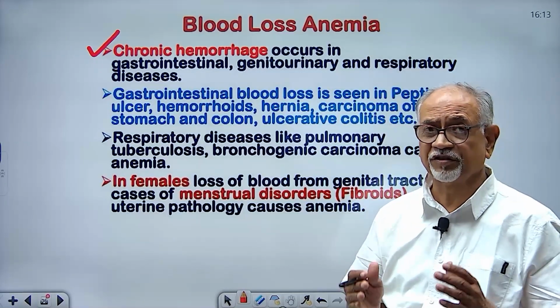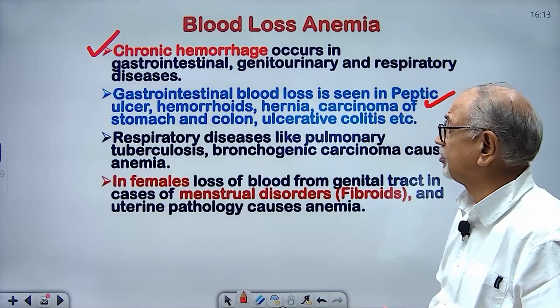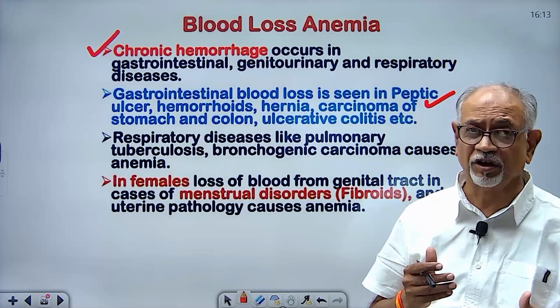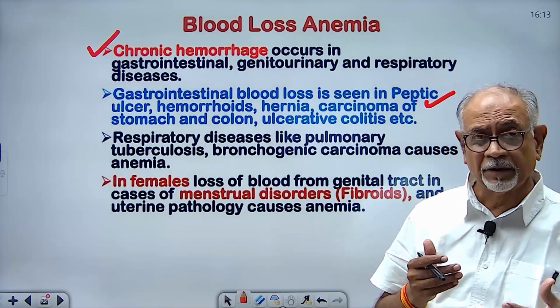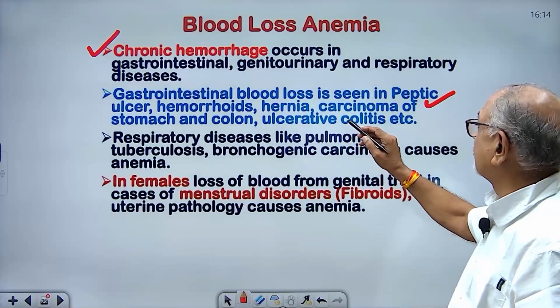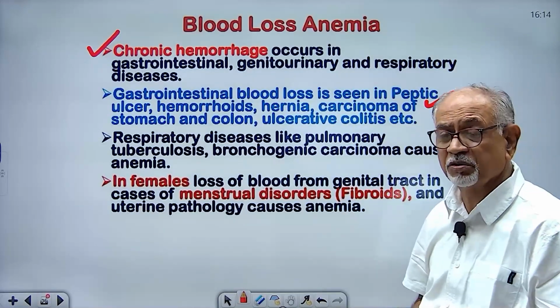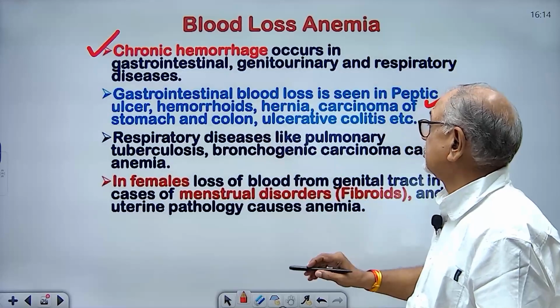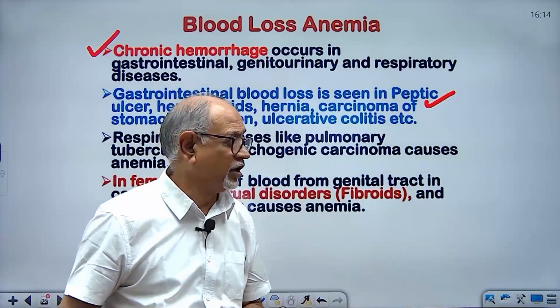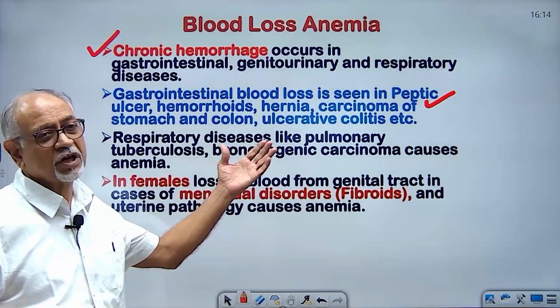There are ulcers in the stomach called peptic ulcers. There are hemorrhoids from where the blood loss is regularly taking place. In case of hernia, in case of carcinoma of stomach and colon, then ulcerative colitis. In all these conditions, regular blood loss occurs,